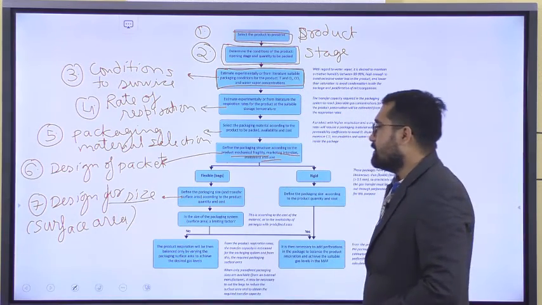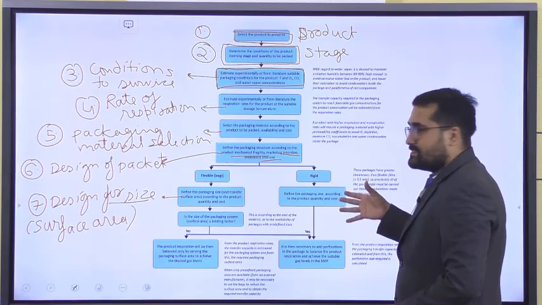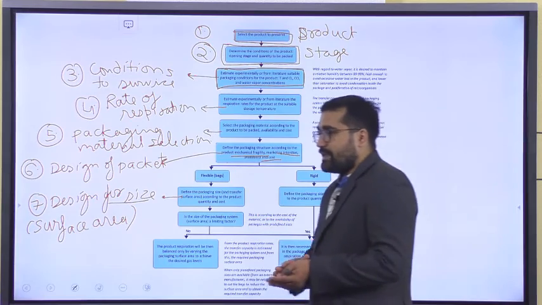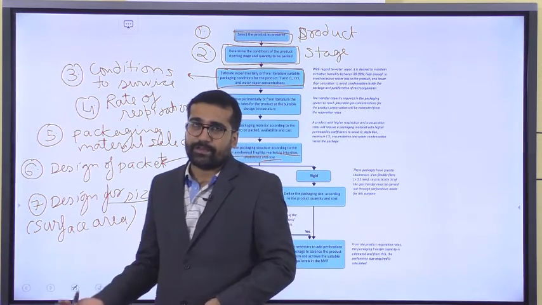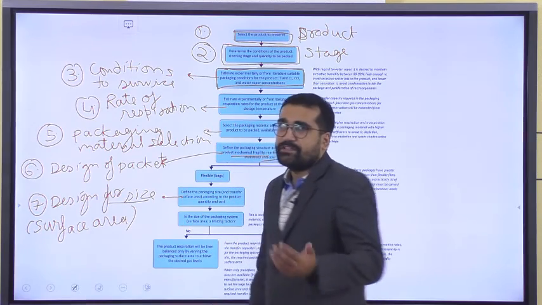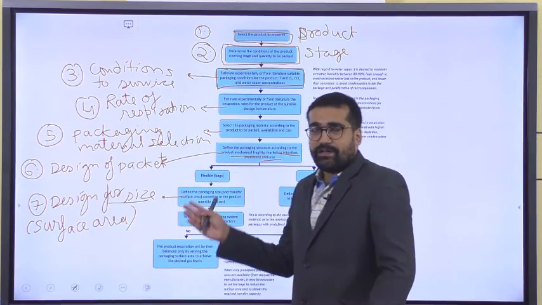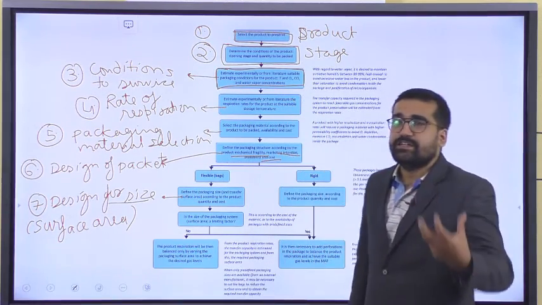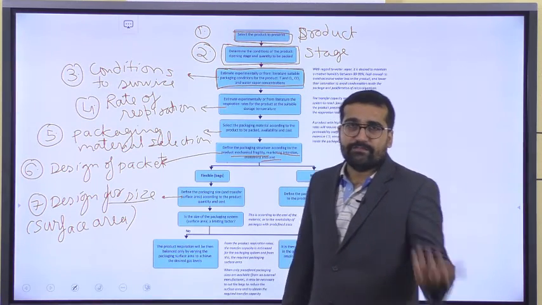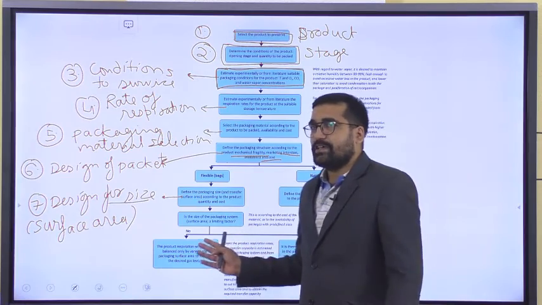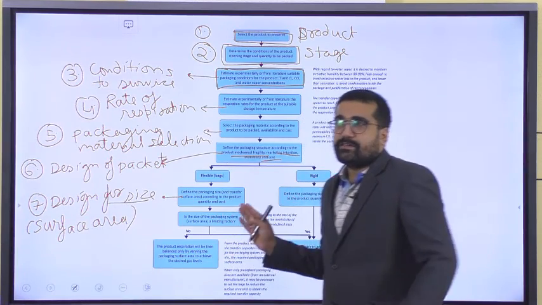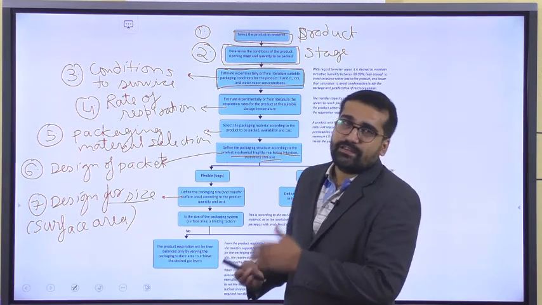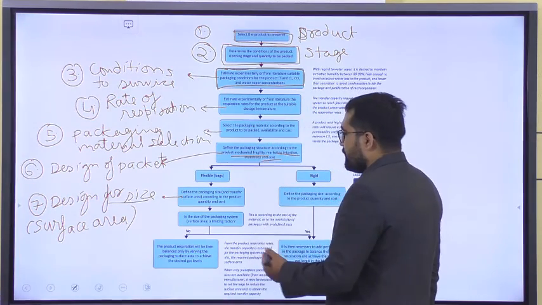Here in point 7, also the same, decide the size. Then, what do we have? We have two types of packaging, active packaging and passive packaging, active MAP and passive MAP, that we will see later. So depending upon the active or passive behavior of the product, it needs to be actively packed or passively packed. If it is actively packed, then we have to provide some perforation in the packet, or we have to add scavengers in the packet. Those things are later.